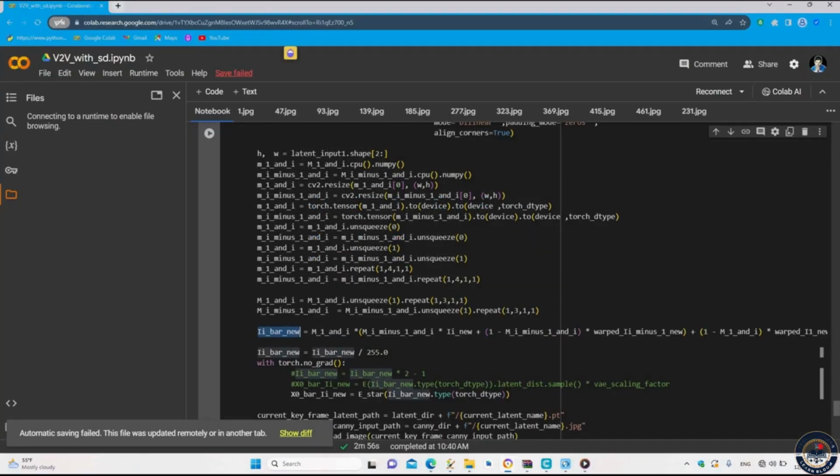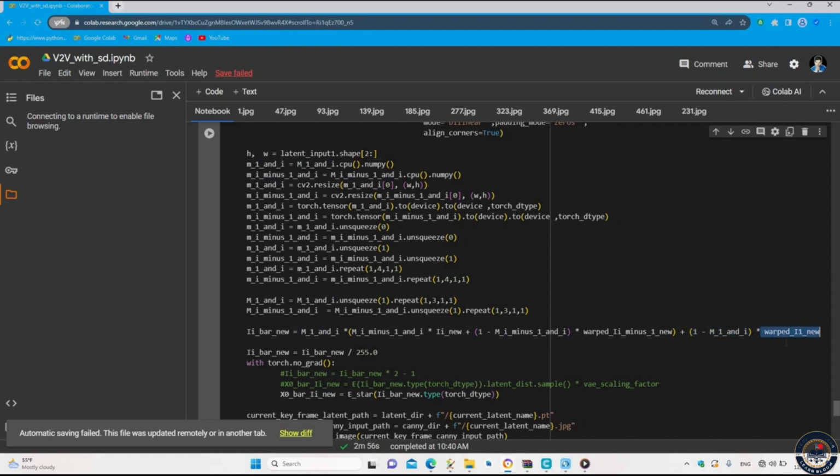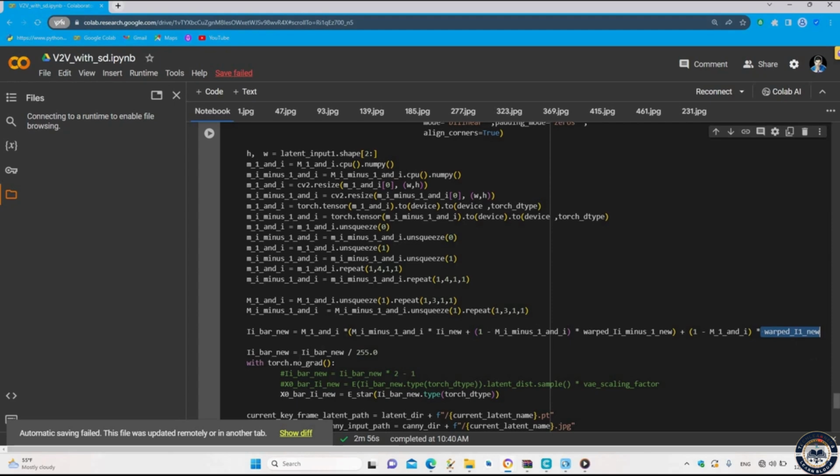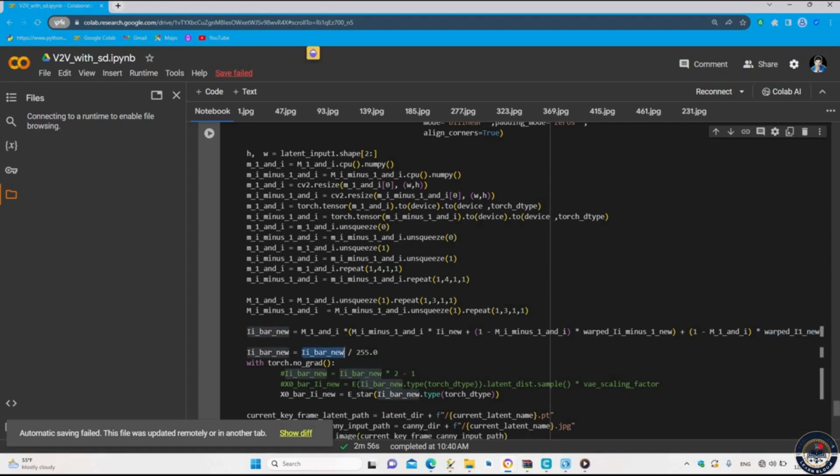So I bar new equals M1 and I times, here we will multiply our capital M I minus 1 and I times I new plus 1 minus M I minus 1 and I times wrapped I minus 1 in u. Okay, we have this one here. We will multiply this one by M1 and I plus 1 minus M1 and I times wrapped I1 in u. We will divide this I bar new by 255, and here we will put with torch.no gradient,